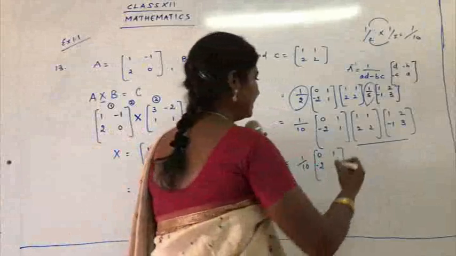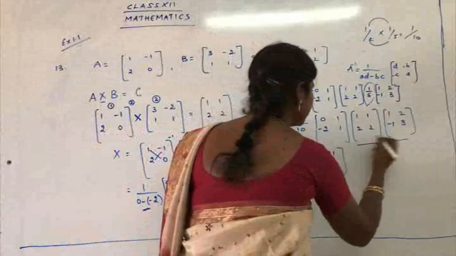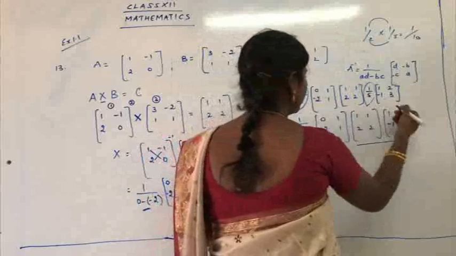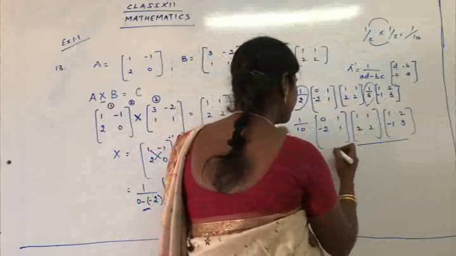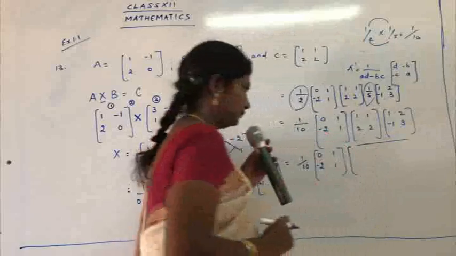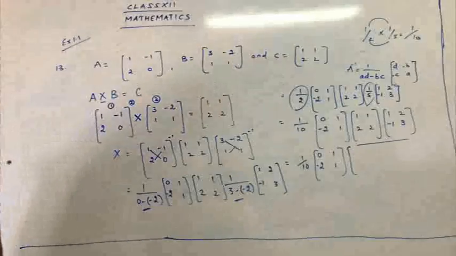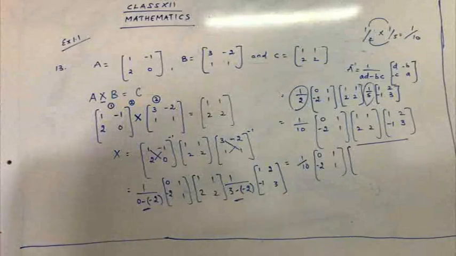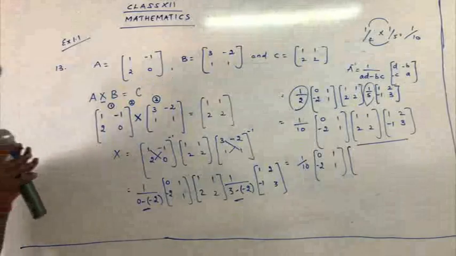So multiply and get the answer. Actually, this is the order, okay? From the last, that is 1, 2, 3, so start from 3 to 1. So 0, 1, minus 2, 1. Multiply and get the answer. We can just do it directly. I hope that you are clear with the multiplication. So if you can go directly also, no problem.